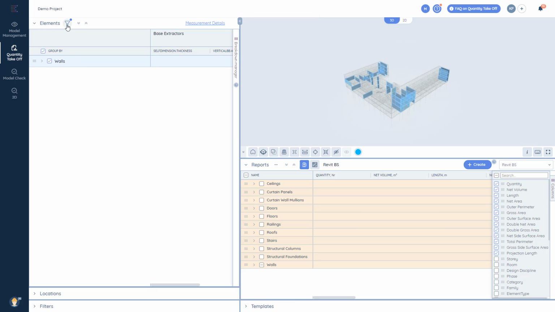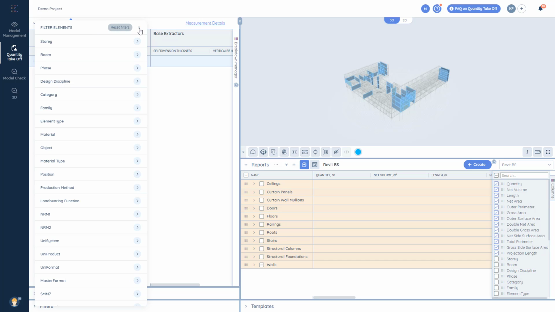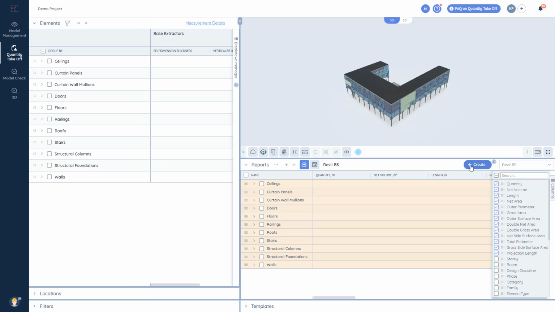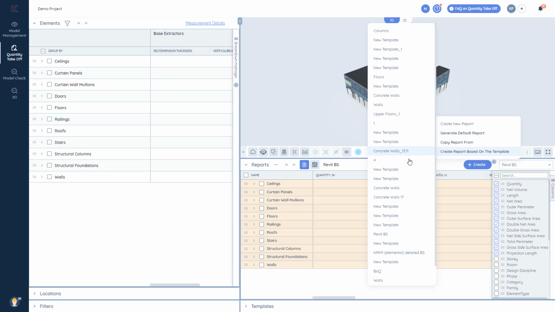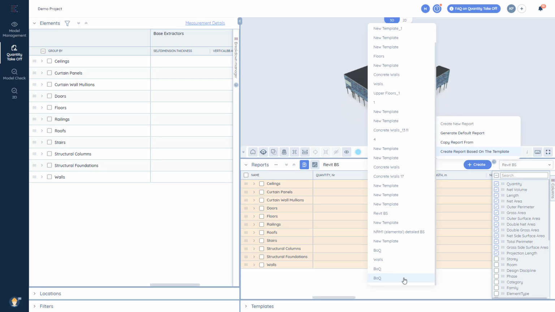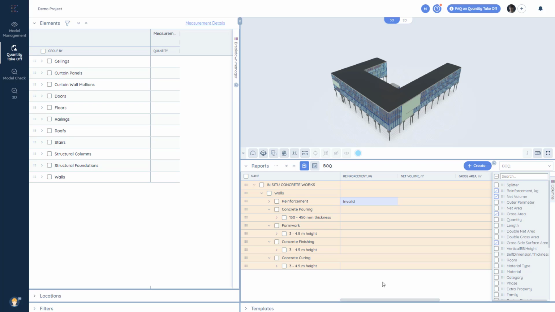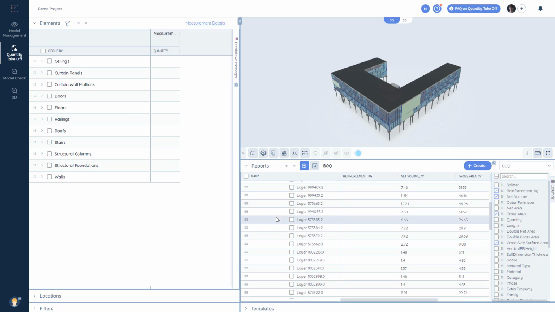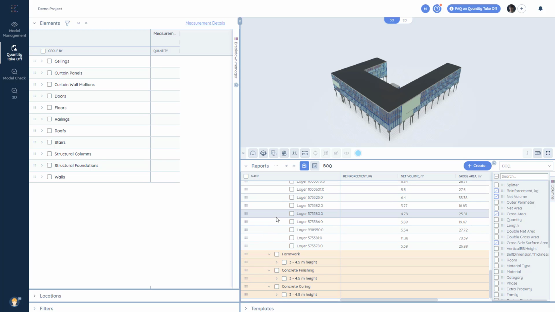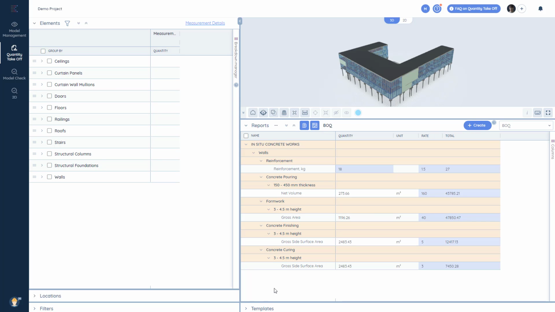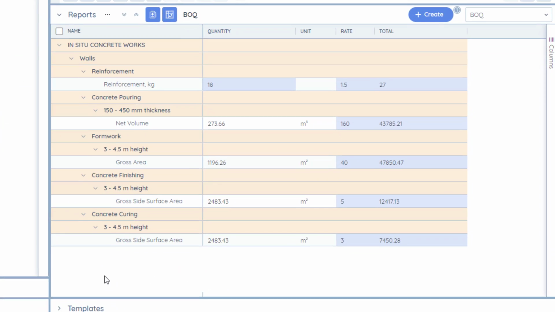Now we're ready to create a report based on our template. We need to go to the report table, select the relevant option and the relevant template accordingly. We see that the reinforcement value is invalid, as the net volume value has not been calculated. As soon as we recalculate the sum of quantities for it, the value will be recalculated. So now we've got our final report splitting elements into specific groups according to our custom requirements. We can also switch to pivot mode to see what we have as a report, similar to our Bill of